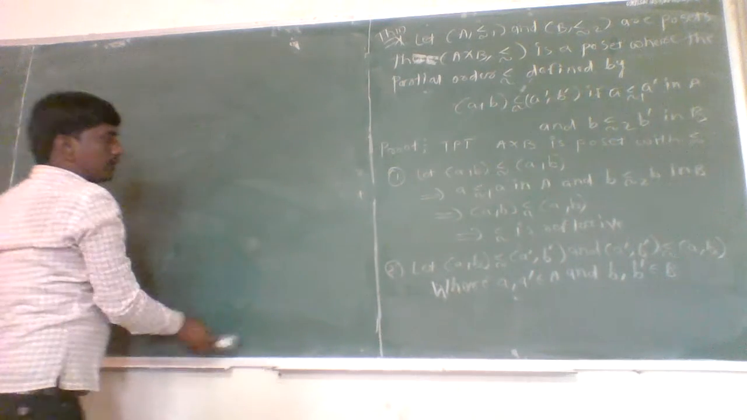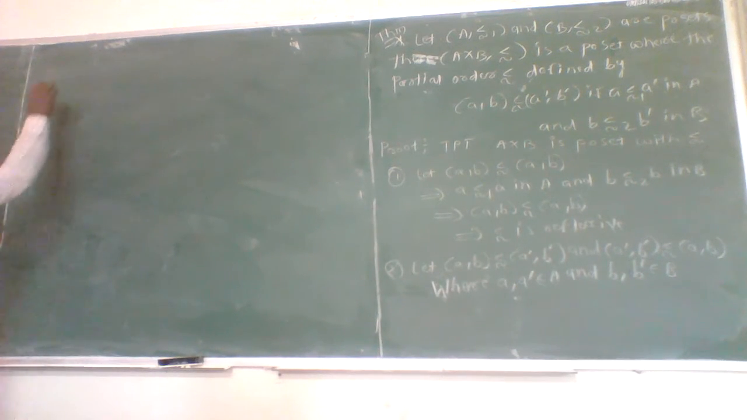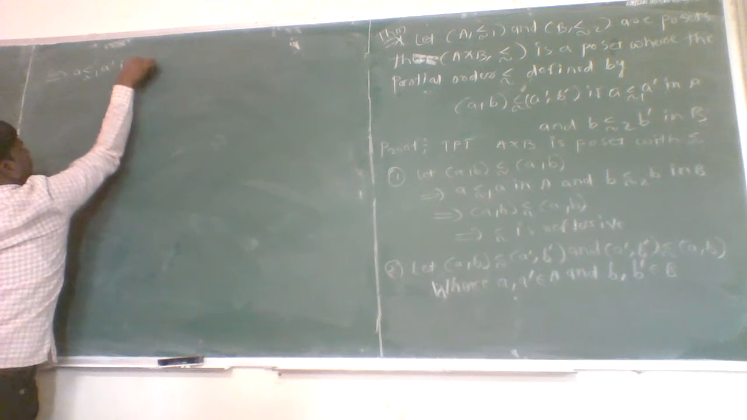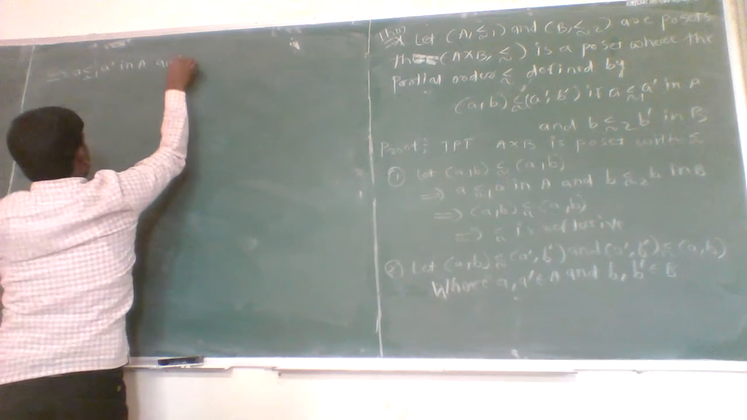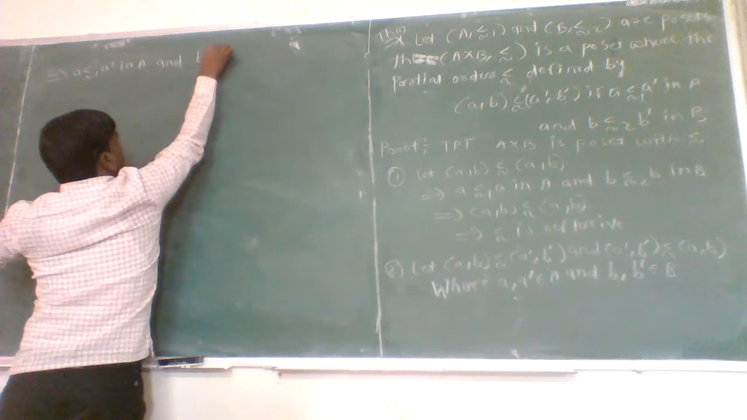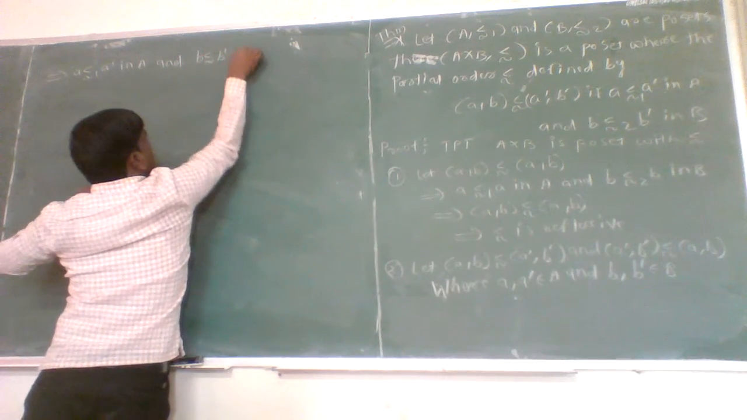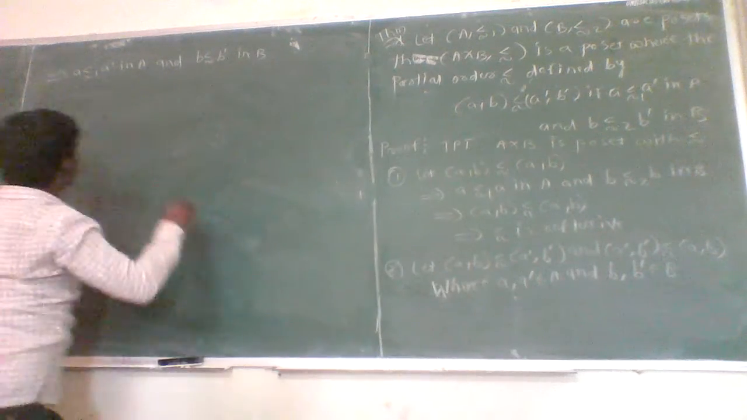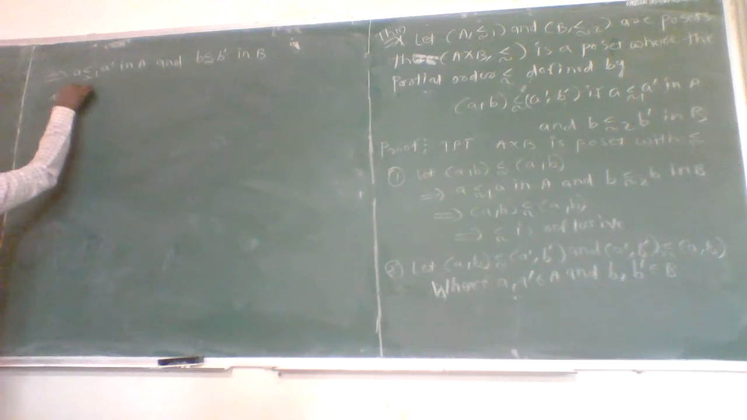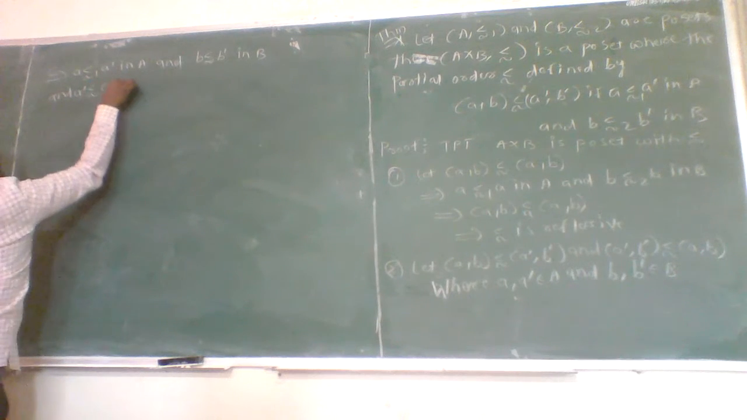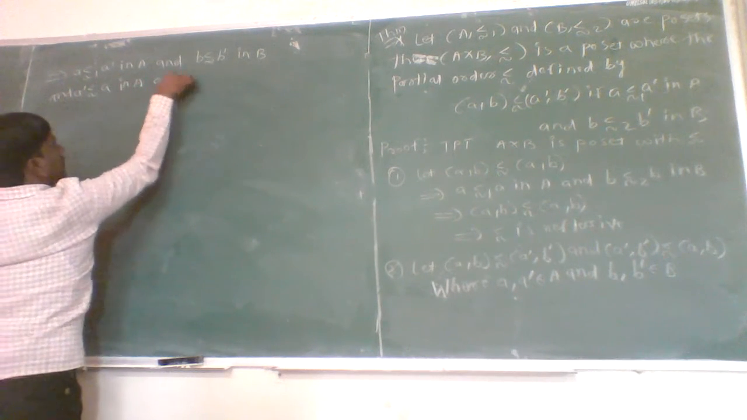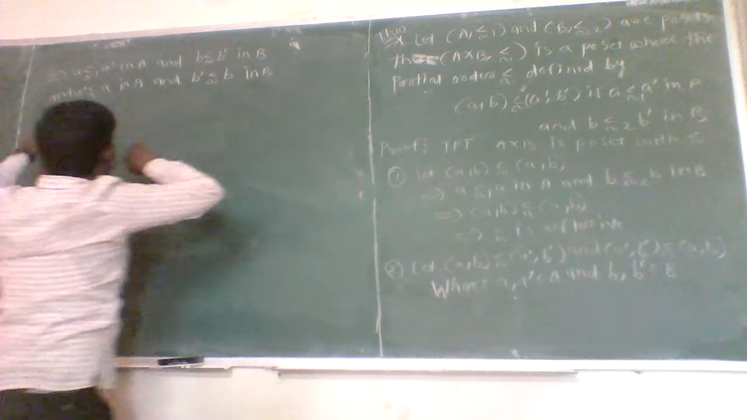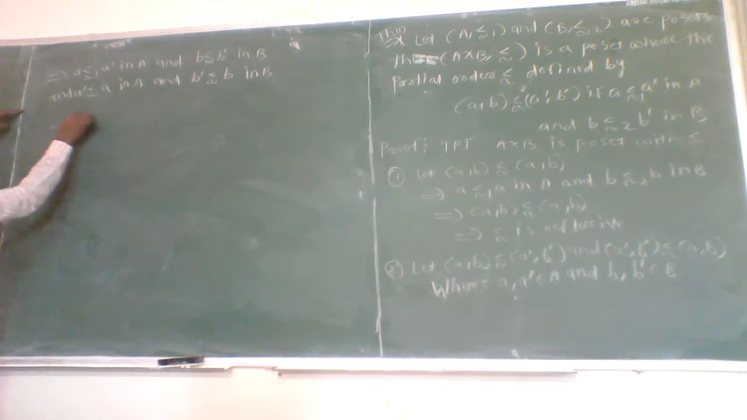From the given definition of product order, (a,b) precedes (a',b'), which implies that a precedes a' in A and b precedes b' in B. And also, given that (a',b') precedes (a,b), a' precedes a in A and b' precedes b in poset B. Therefore, from this,